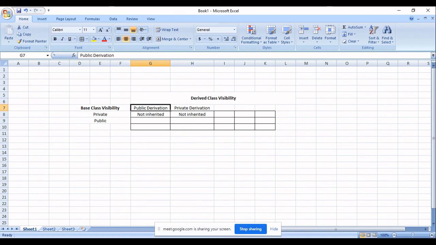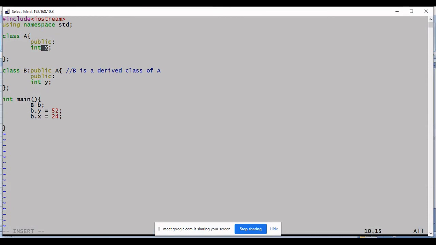I am deriving it using public keyword. I could access it using dot operator. This should give you the answer. I am able to access it using dot operator.